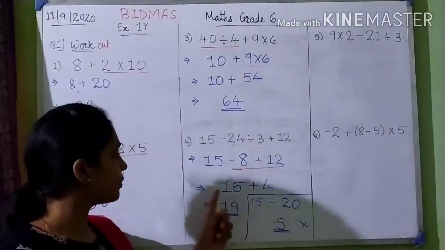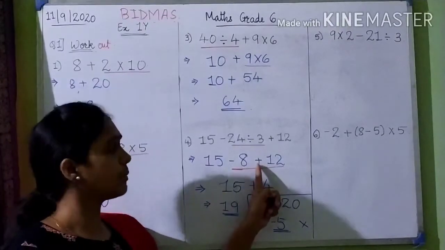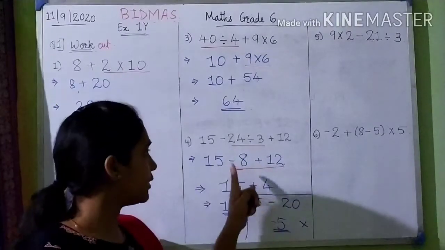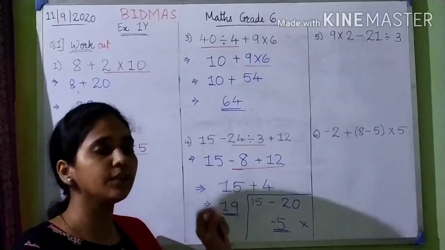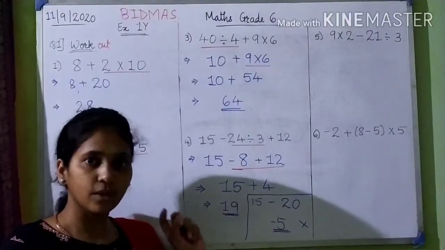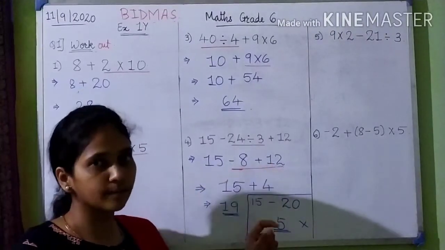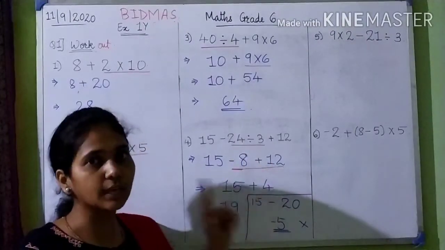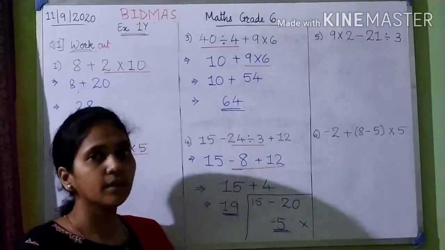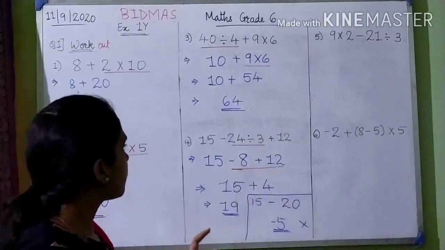The correct way to do is this. If there is a multiplication and division sign, it does not matter even if you consider the negative sign, even if you don't consider the negative sign. So for multiplication and division in between, that doesn't matter. But for plus and minus in between, that matters. The sign of the number matters. So this was the fourth one.